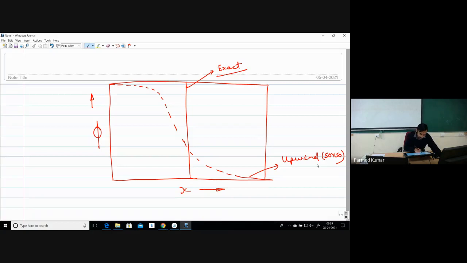If instead of the upwind differential scheme we are using the QUIC scheme, that is giving the solution close to that of the exact solution. So it means false diffusion has decreased. So this is the solution using QUIC with the same number of grid points, 50 by 50. Upon using the QUIC scheme, what we have seen is that the accuracy of the solution has improved. It means the magnitude of false diffusion has decreased.